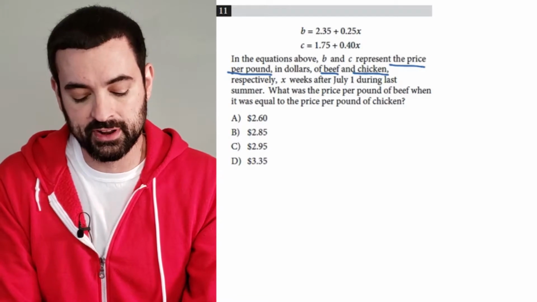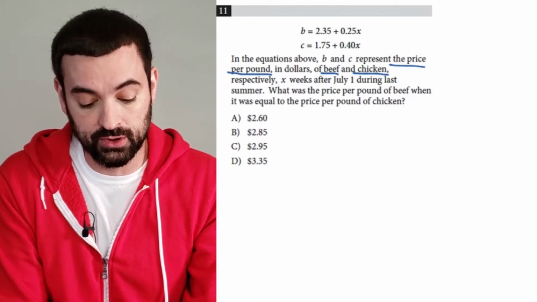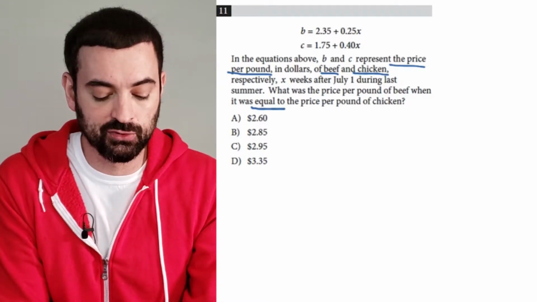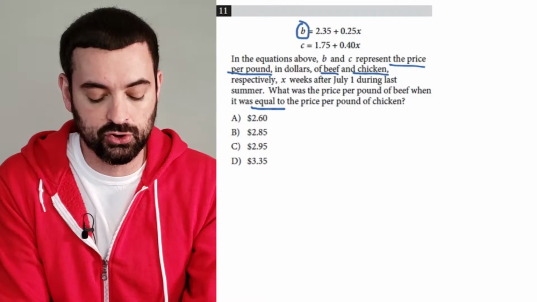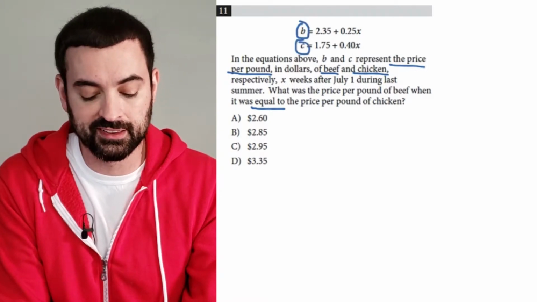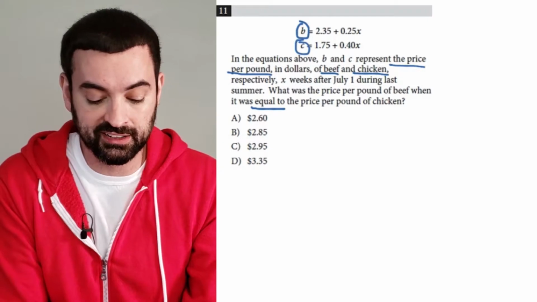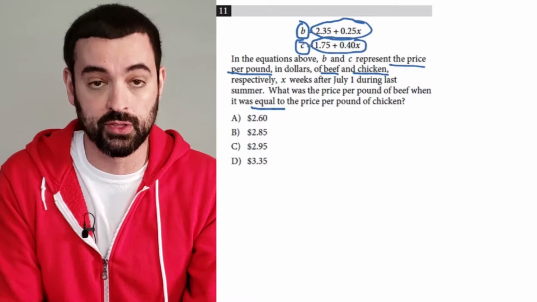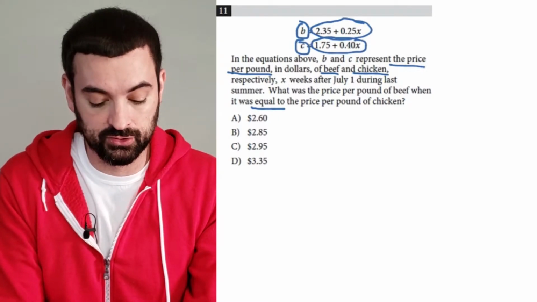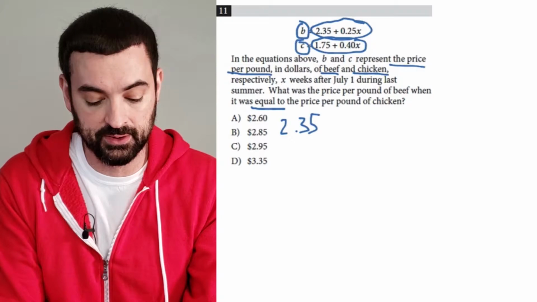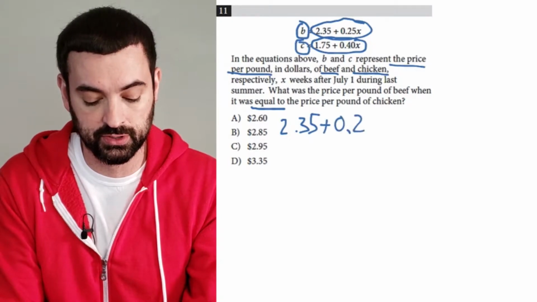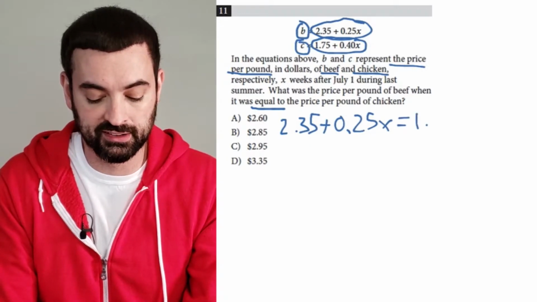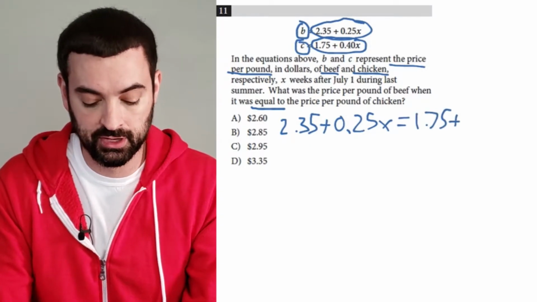What was the price per pound of beef when it was equal to, very important language here, the price per pound of chicken? So what we're being asked is, when is beef equal to chicken? And because these need to be equal to each other, we can set the two terms that involve variables equal to each other. So what I'm going to write is 2.35 plus 0.25x equals 1.75 plus